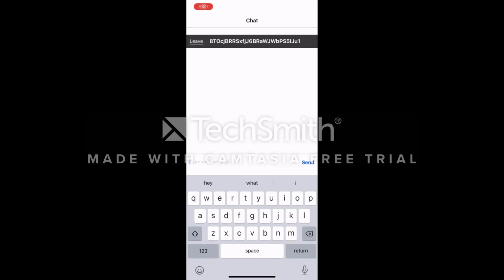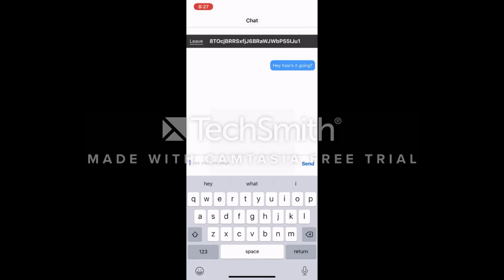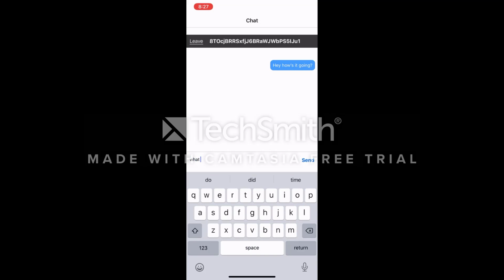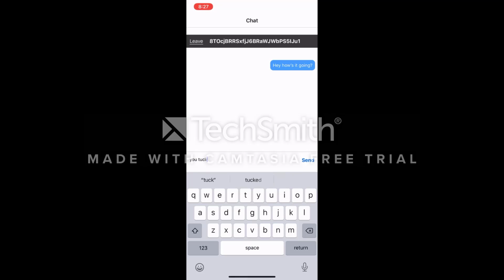Hey guys, so I just want to showcase the chat moderation. Right now, I'm going to send an actual message just so you guys know that the messages are going through if they do not contain any type of profanity. And now I'll send a message which does contain profanity, and you'll see that you're not able to actually send the message through, as it'll say that this message contains profanity and ask you to revise the message. And if you continue to use profanity within the chat system, it'll actually kick you out of the chat room and ban you, as it's going to do right after this message.